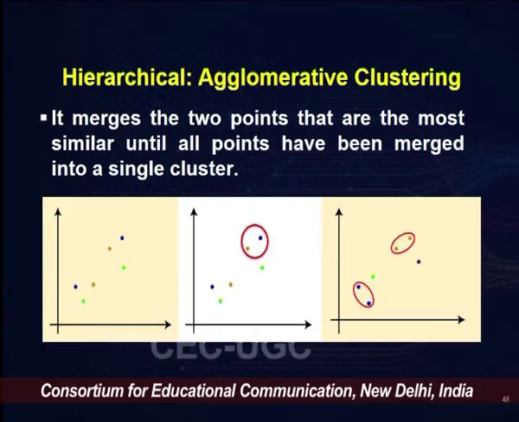Then suppose the two nearest points are grouped into a single group. So, for these two data points, the distance matrix would again come into play. Similarity is again proportional to the nearness of the data points, although it can be defined in other ways as well. Again, in the next iteration, as you can see in the last part of the graph,